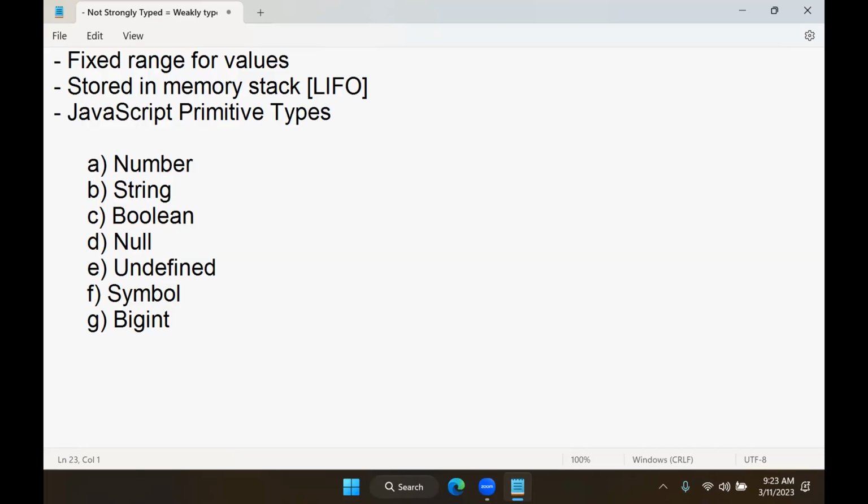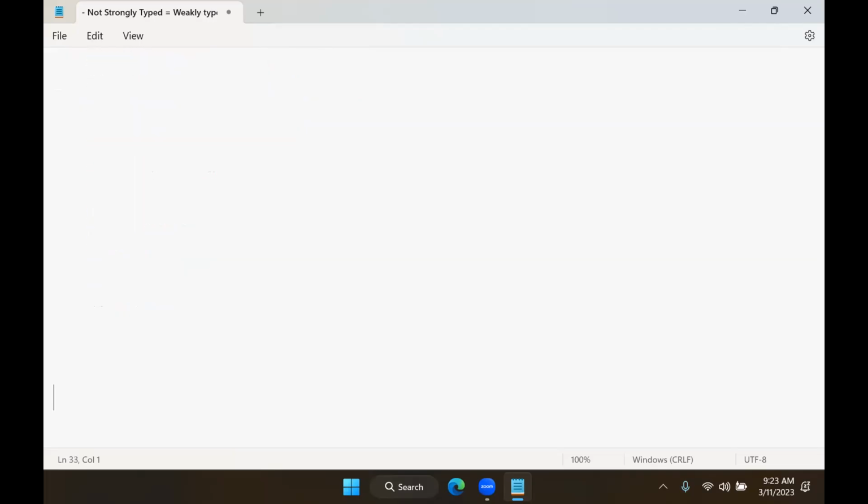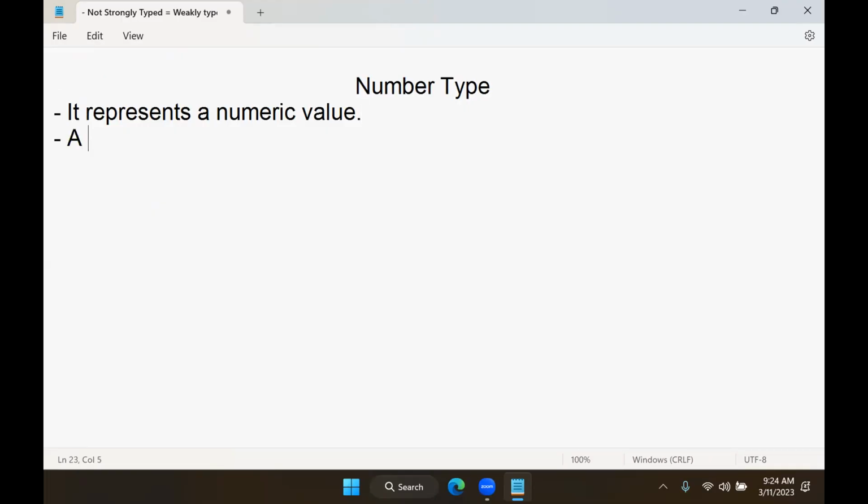In JavaScript, we don't have that. But we should know, if I am dealing with numbers, what are treated as numbers? For example, the first important data type we will see is the number type. Actually, it represents a numeric value. And according to JavaScript, what is a numeric value? According to JavaScript, a numeric value can be